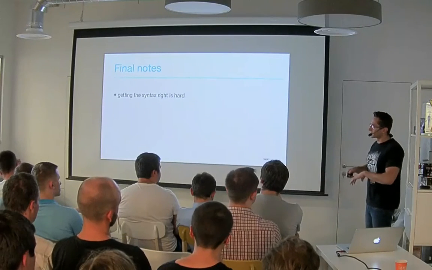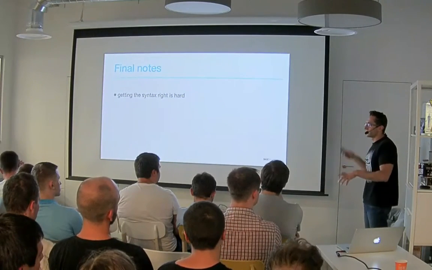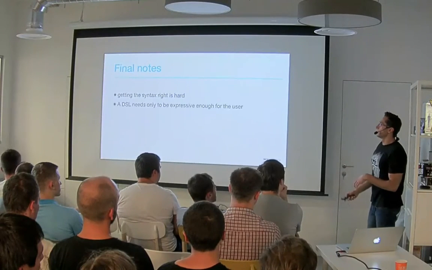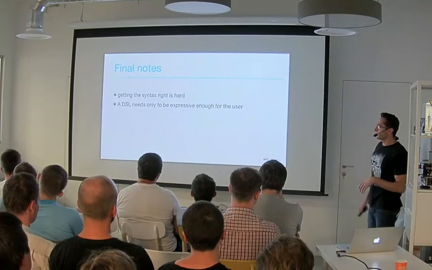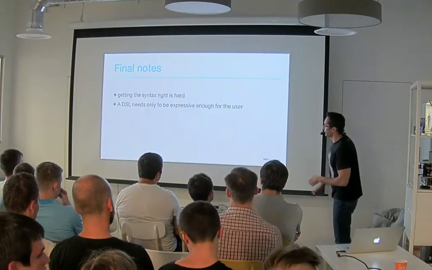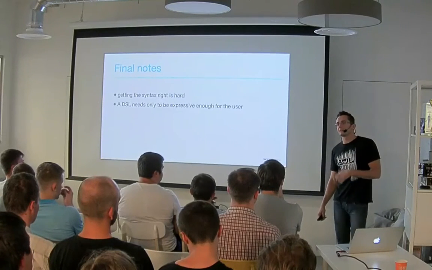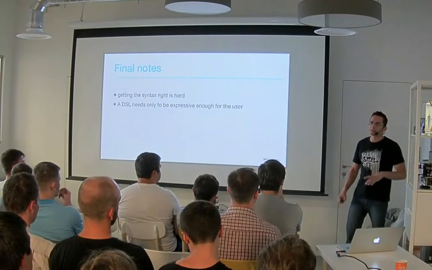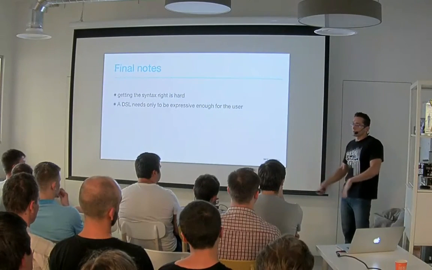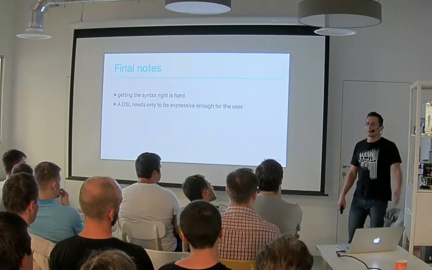I think the hardest part of building this DSL was getting the first sentence done. Like writing for UK take 5. Okay, that sounds good. Another main point is that a DSL needs only to be expressive enough for the user. What does that mean? In this presentation, we worked really hard to make the DSL as English-like as we could, because we assumed that the people who are going to be using our DSL are product people or business experts, and they don't understand code.